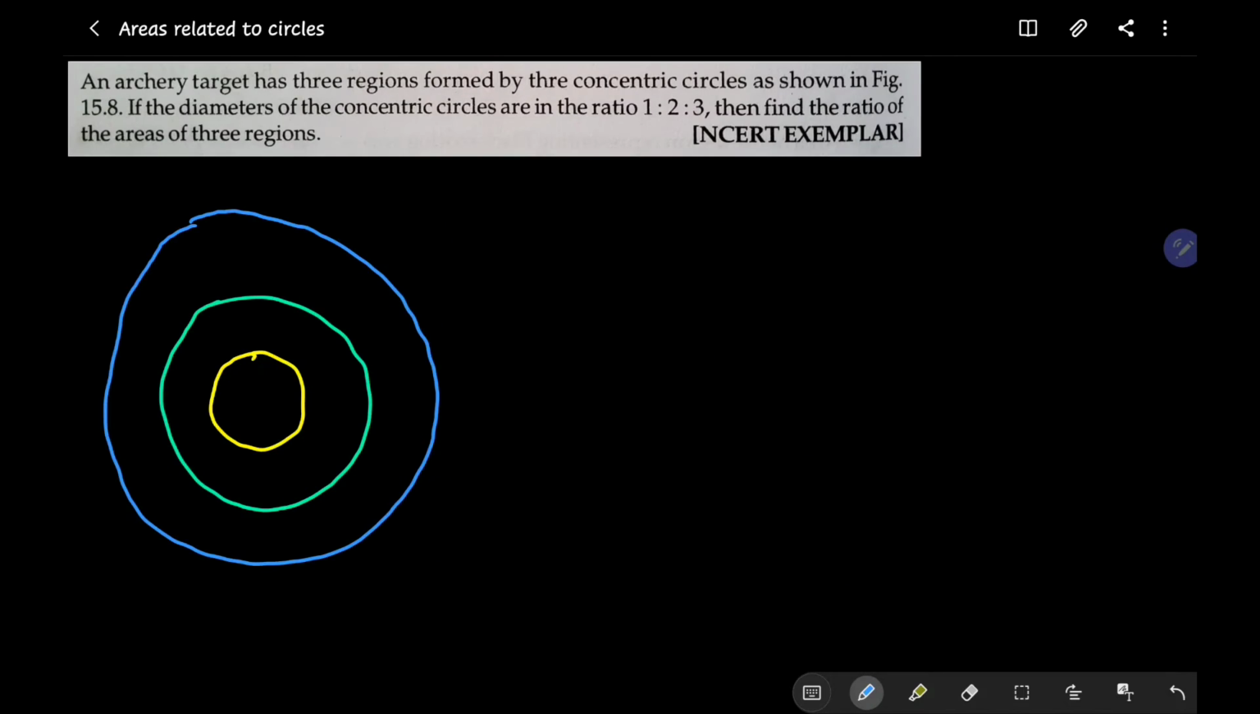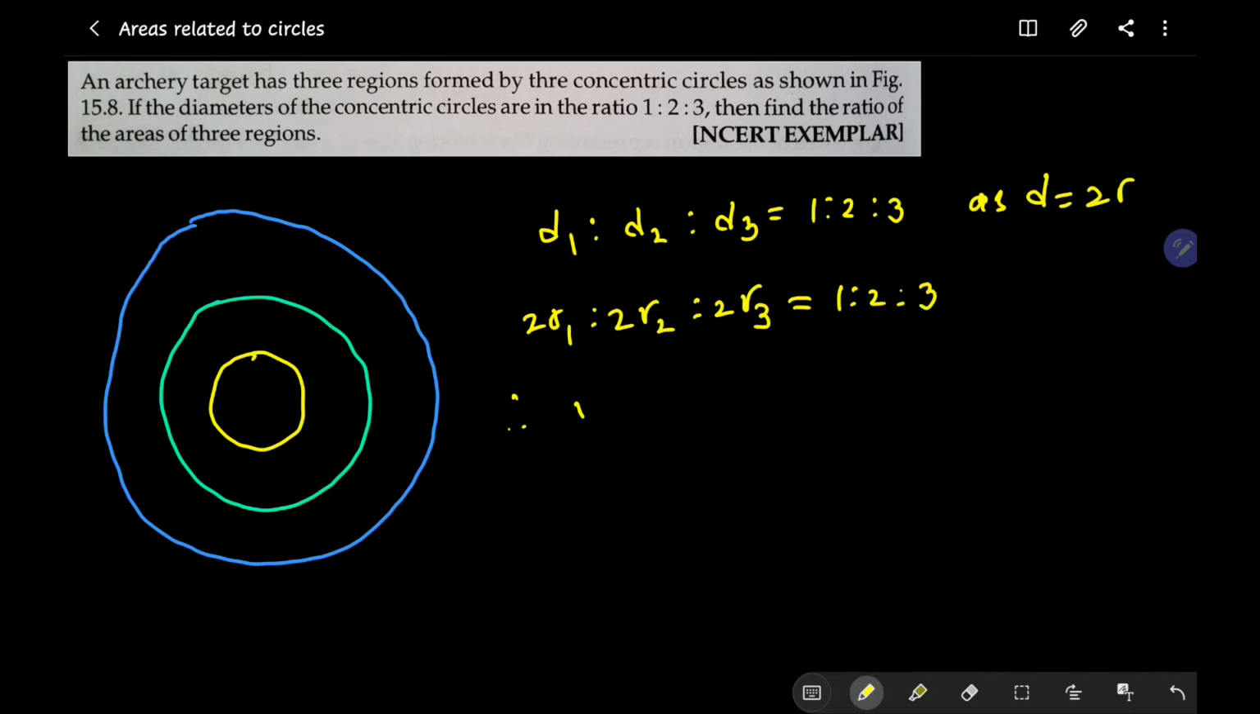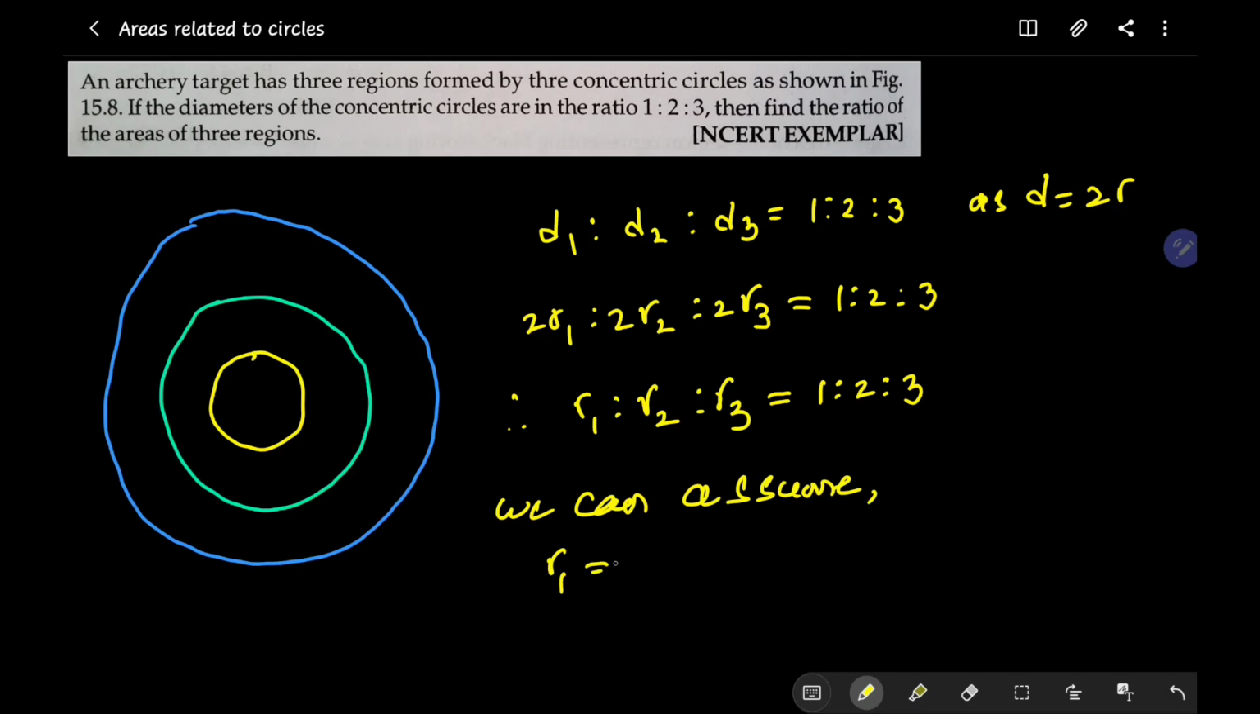In this third problem, the ratio of the diameters of three concentric circles is given as 1:2:3, and we are asked to find out the ratio of the areas of the three regions so formed. As the diameter is 2 times the radius, and by the properties of ratios, the ratio of the radii will also be 1:2:3. We can assume these radii as x, 2x and 3x units respectively,